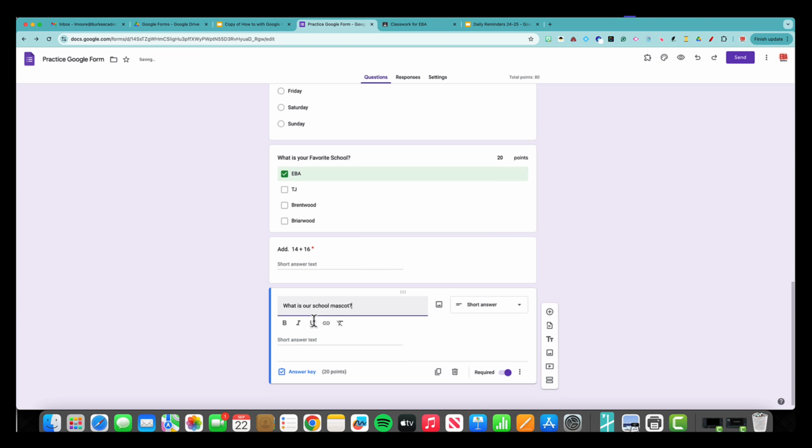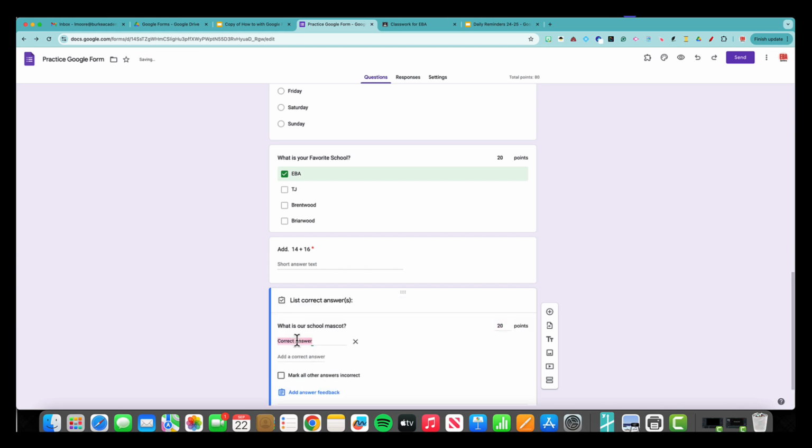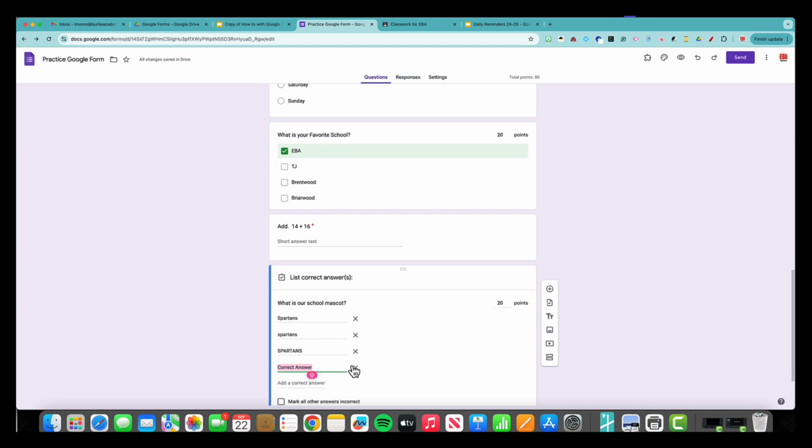And so, of course, I want the students to type this in. So I'm going to click answer key, and now I'm going to type what I would accept as the right answer. So I'm going to do Spartans, but then they don't necessarily have to capitalize the S, or it could all be capitalized. So whatever I want to accept as the correct answer,